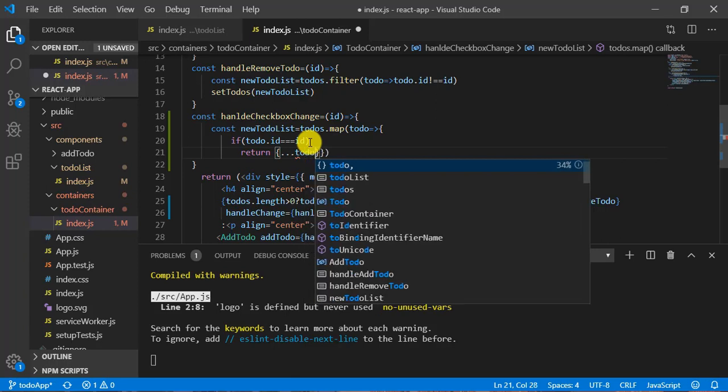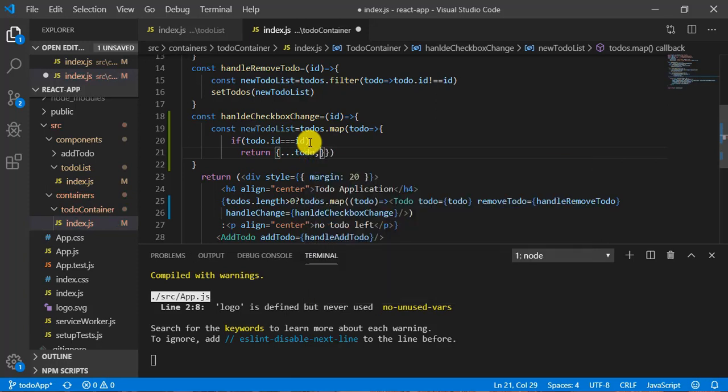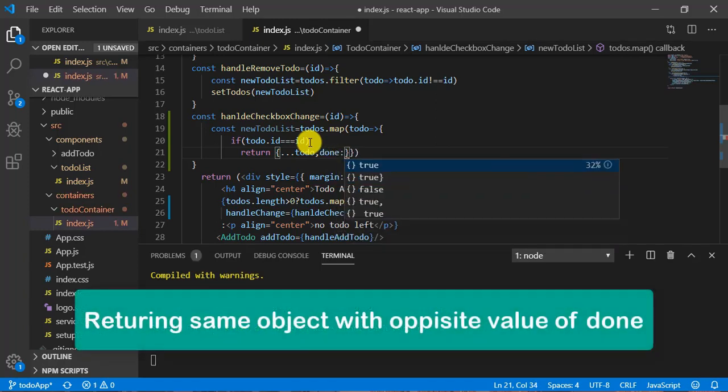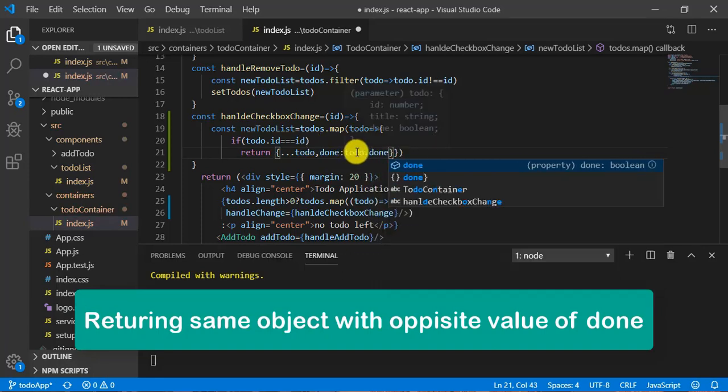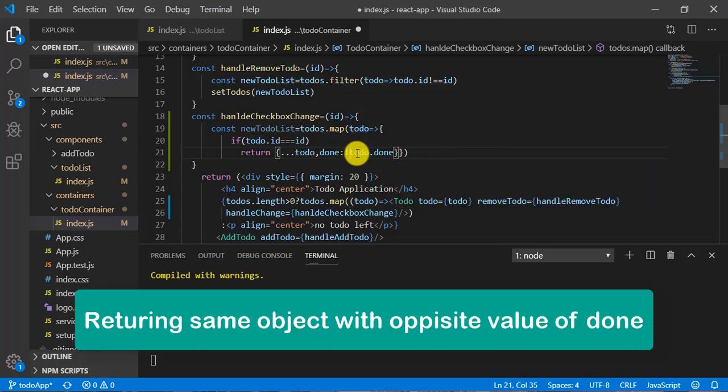So todo, comma, and I am going to modify the value of done. So what can I write? done colon todo.done, and this gives me the value of todo.done, and I can reverse it. That means if the value was true before, it will return false.